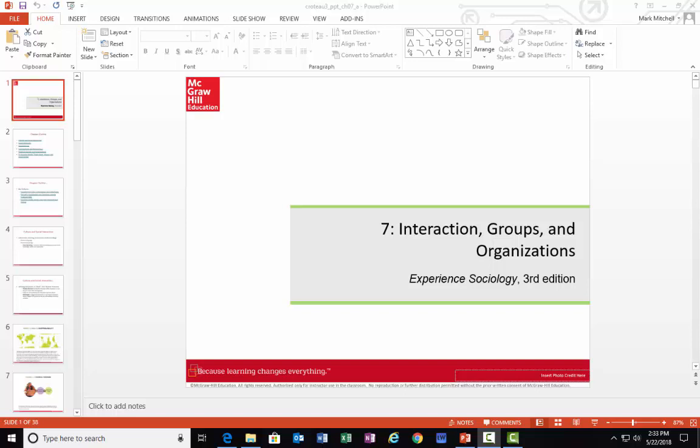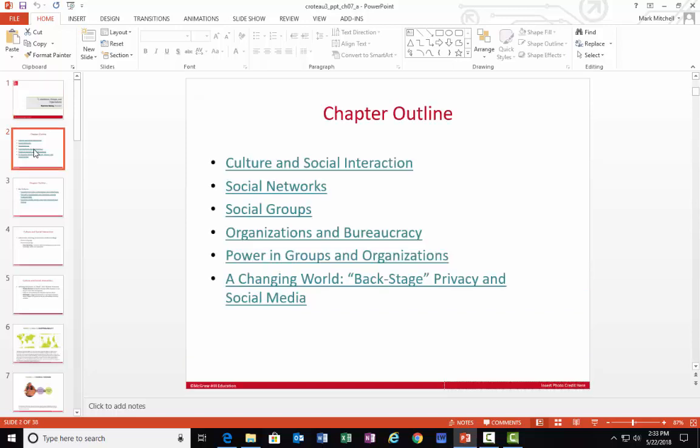Today we're going to be looking at Chapter 7 for a few moments. Chapter 7 is all about interaction, groups, and organizations, and there are some topics in the chapter that we've seen before, and those we will not spend as much time on as we have where they were covered in a different video. Our chapter outline is next, and it really shows all the topics we're going to cover today from